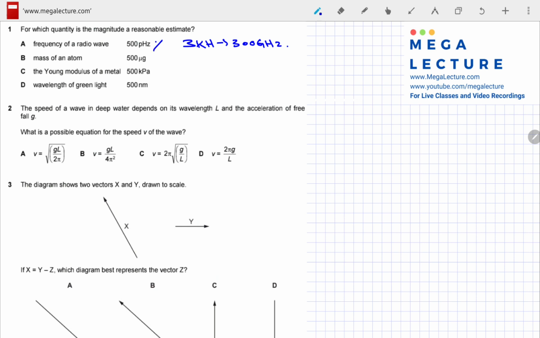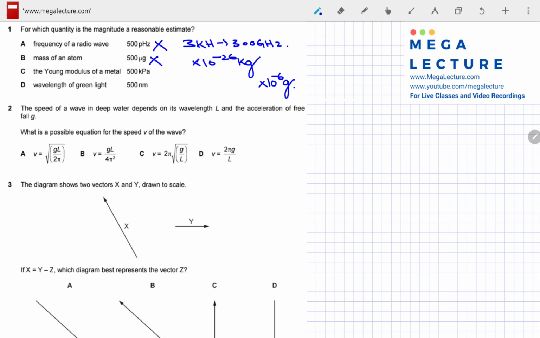So this answer does not fall in that range. What about the mass of an atom? Well, you know that the mass of an atom is of the order of 10 raised to power minus 26, right? What about this? 500 micrograms is only, this is 10 raised to power minus 26 kilograms, and this is only 10 raised to power minus 6 grams. So this does not